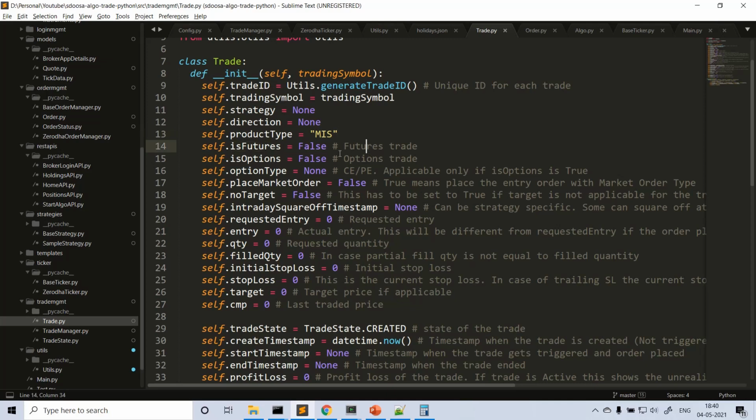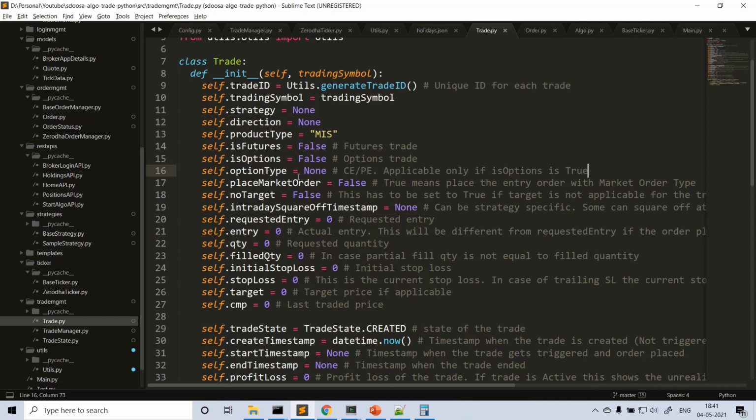Is futures tells whether this strategy is a futures strategy or not. If it is an option strategy, what is the option type? The symbol will tell you the option type anyhow, but here it's a CE or PE. Of course, this may not be valid, but I just kept it.